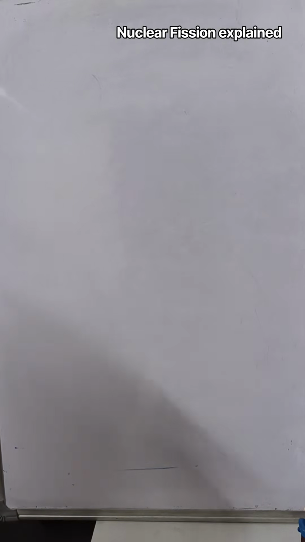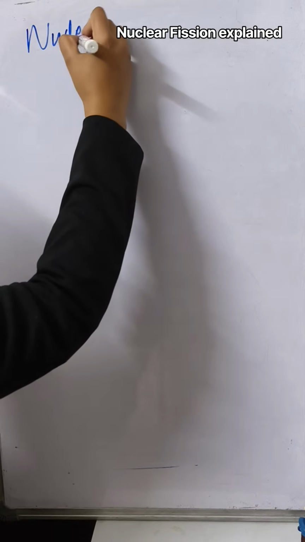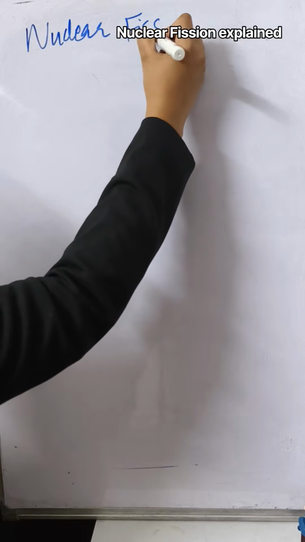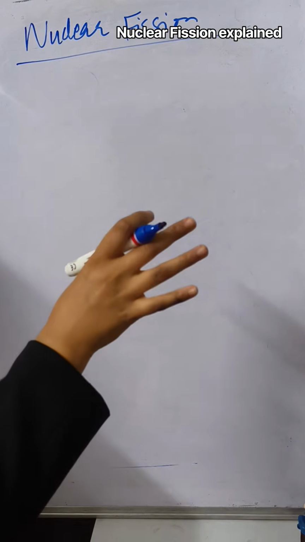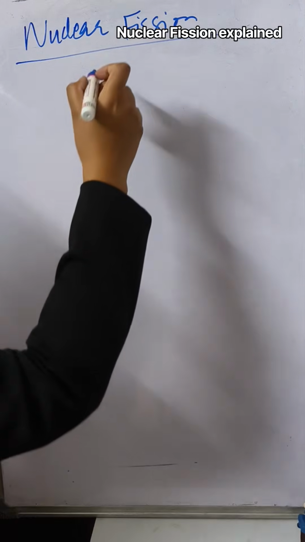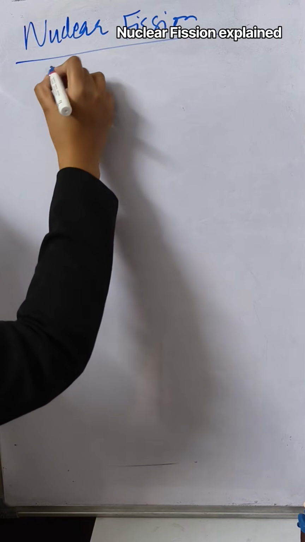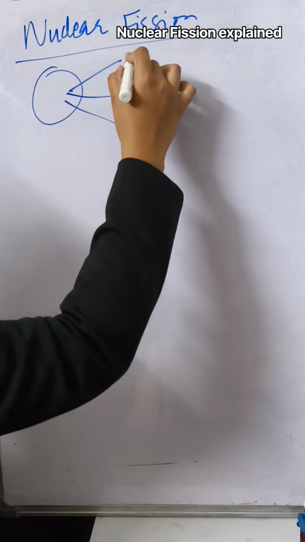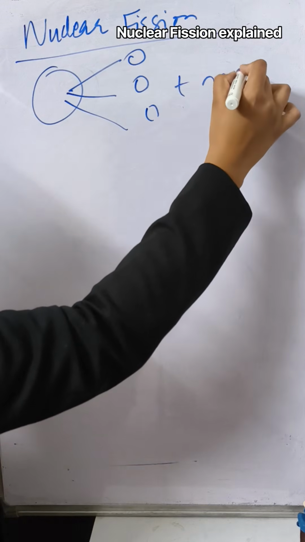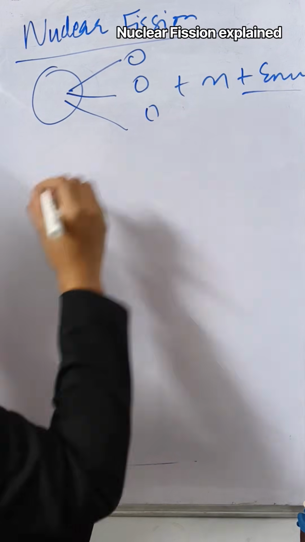In this part, we will understand the reaction of nuclear fission, how it takes place, how it is used to make nuclear weapons, or how it is used to generate electricity. First of all, I told you that in fission, something big gets broken down into smaller pieces, creating neutrons and a lot of energy.